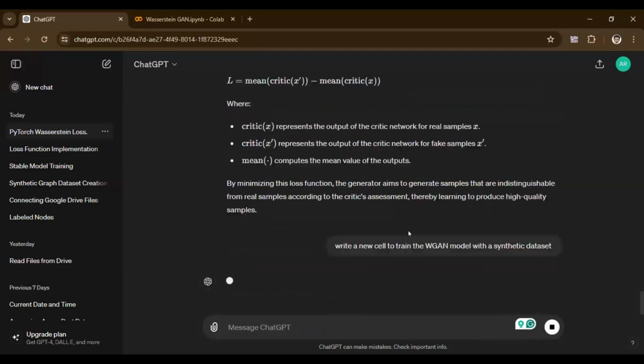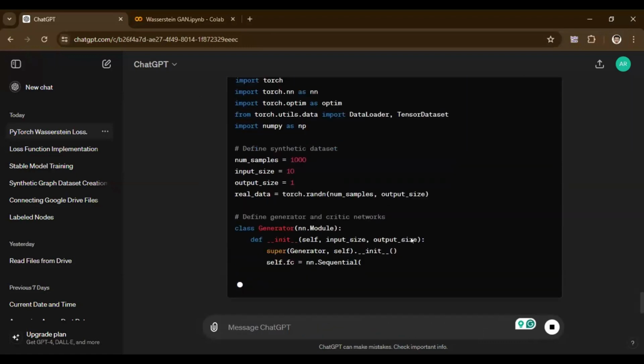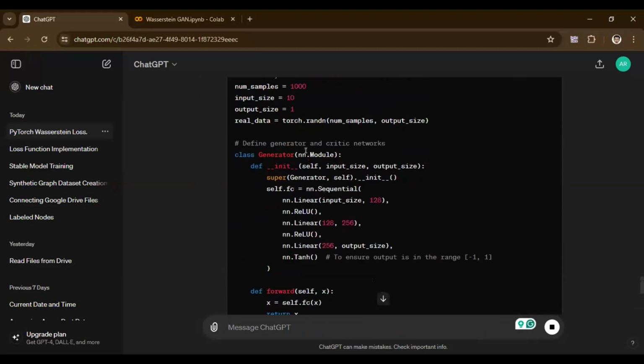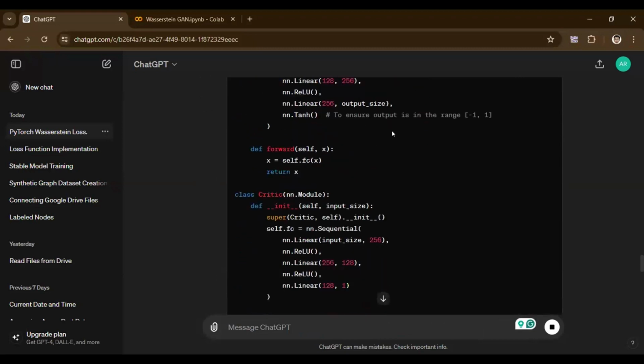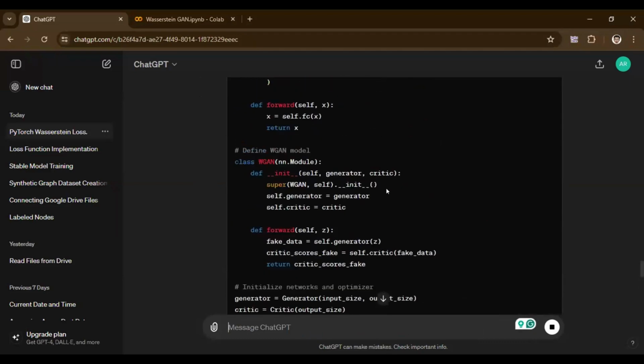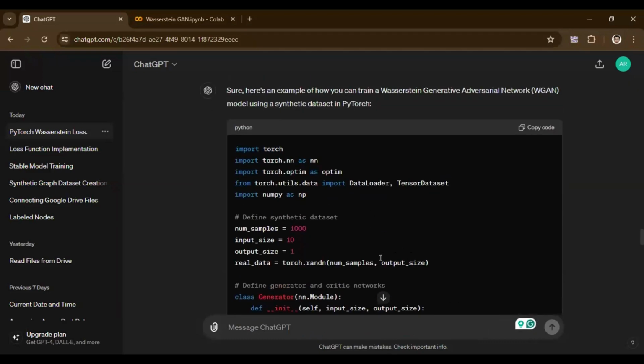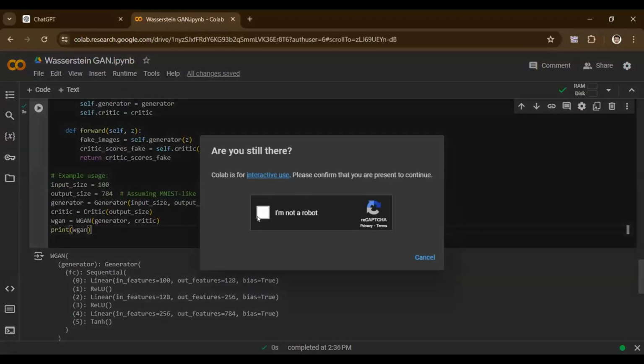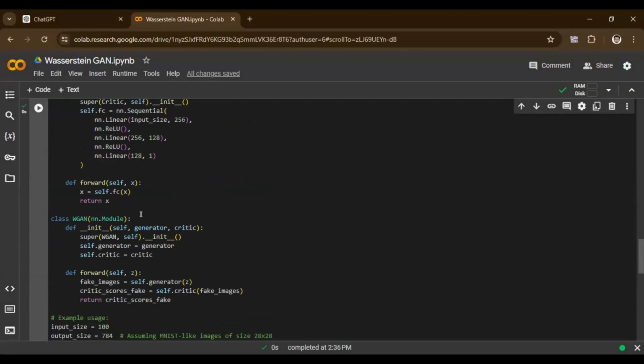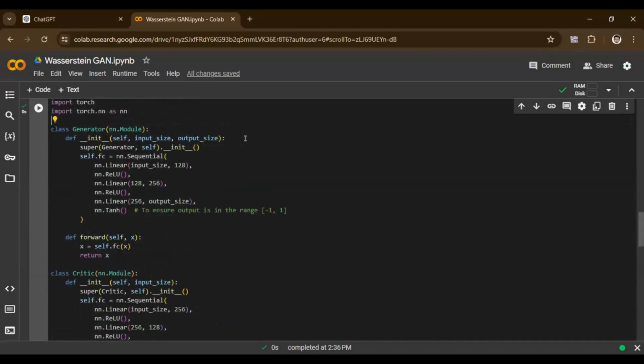Okay, let's check it. We'll be using 1,000 samples. Oh, it's generating all the network scheme. Let's just copy the necessary parts for this. As you can see, we already generated